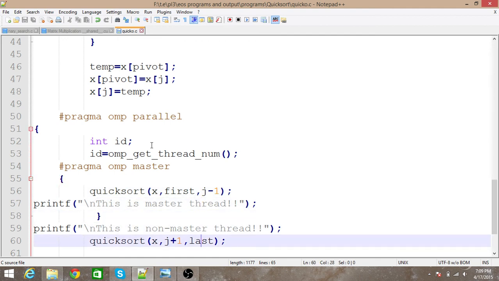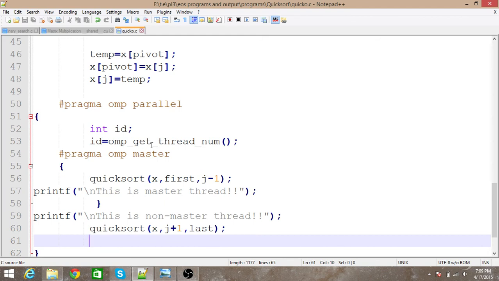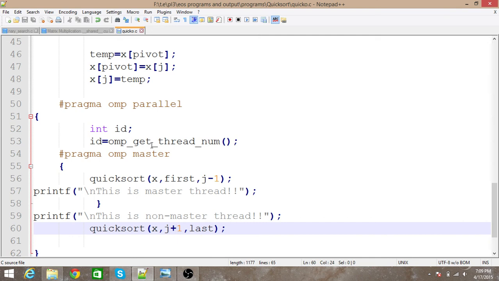And the next part is the remaining part, which was the right side of the pivot. Now that has been sorted by the non-master thread. So it passes j plus 1. j was the pivot position where the pivot was exchanged, and j plus 1 will be the next element, and the last one.